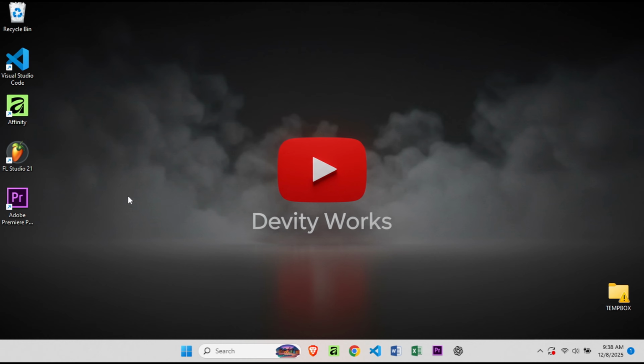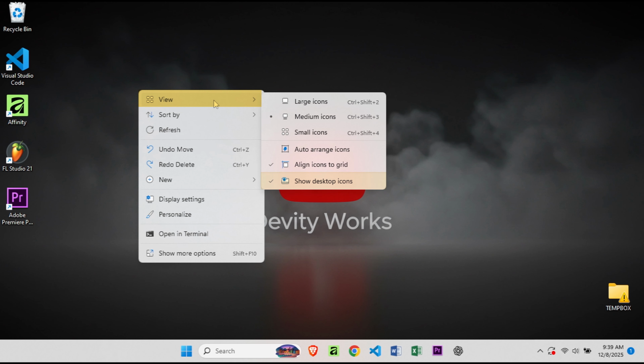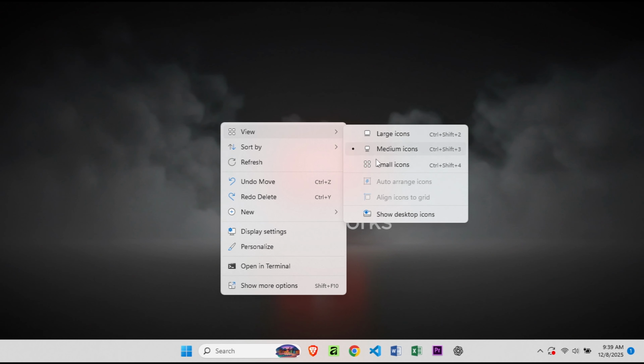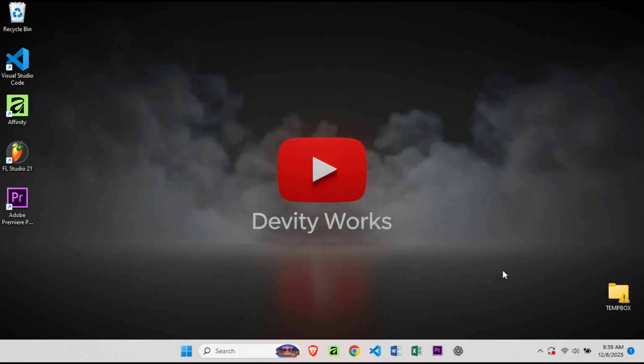The quickest method is to hide all desktop icons at once. Right-click anywhere on your desktop, hover over View, and uncheck Show Desktop Icons. All desktop icons disappear instantly, including the recycle bin. This gives you a completely clean desktop. However, this hides everything. If you want to keep your other icons but only remove the recycle bin, you'll need